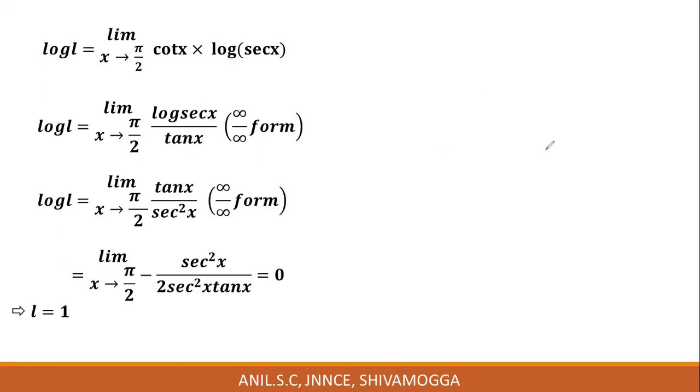Differentiate numerator separately, denominator separately. What is derivative of log secant x? Derivative of log secant x is 1 by secant x. And the derivative of secant x is secant x into tan x. Cancel this secant x with this secant x, we get tan x in the numerator. Divided by derivative of tan x. Derivative of tan x is secant square x. Now apply limits. As x tends to pi by 2, numerator will be tan pi by 2 and tan pi by 2 is infinity. Divided by denominator is also